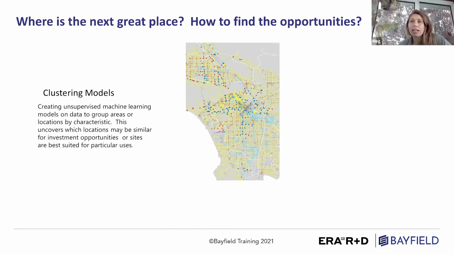We've also used that clustering model in the sense that it's what you would use if you want to find one place like another place. You would use an unsupervised machine learning method to pull out the characteristics of that place that are important, and then see what other places in the city are very similar in a spatial sense, in a social sense, and possibly also in a financial sense, if you're looking at particular opportunities that are slightly under the market